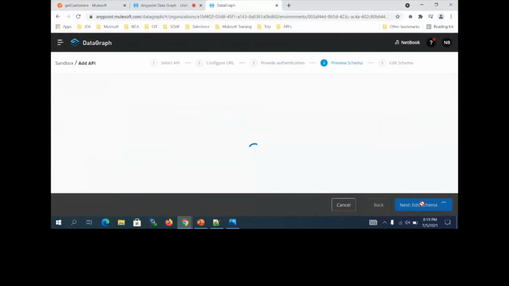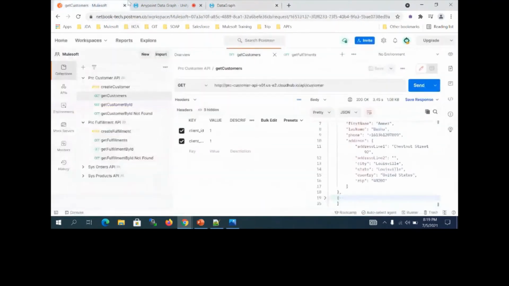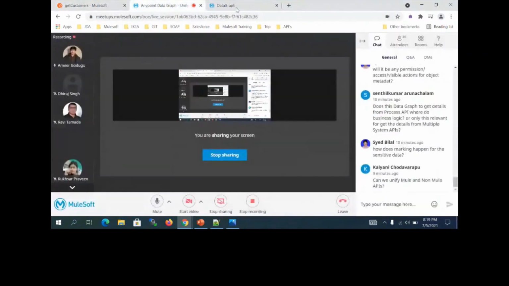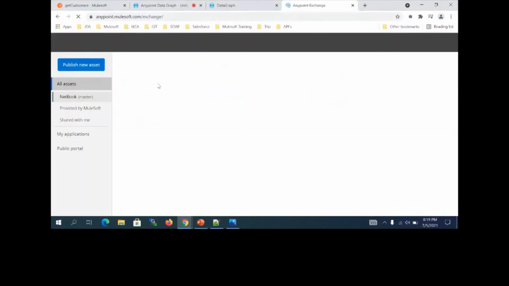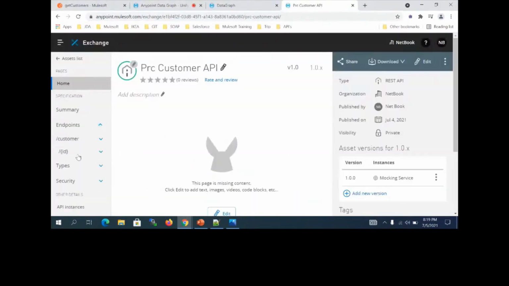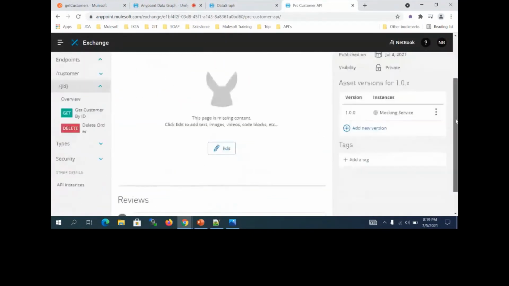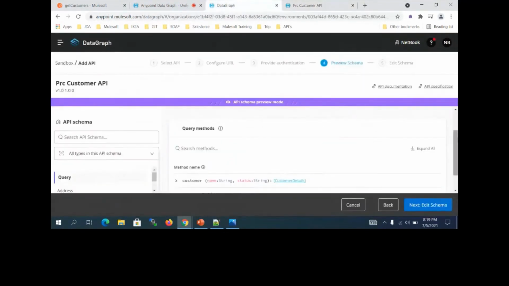Click on preview schema. Now when I click on preview schema, it is going to bring all the get methods over here. I will open one more tab, Anypoint and customer API. If you see here, I have one get method, get customer by ID, and one more method, get customers, which is going to get all customers.